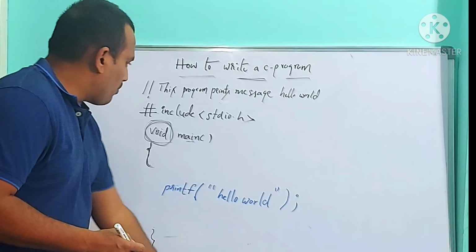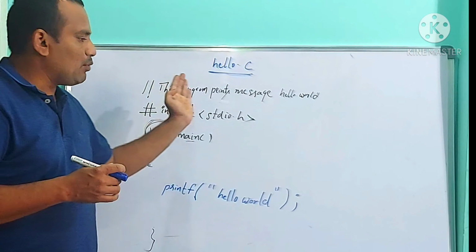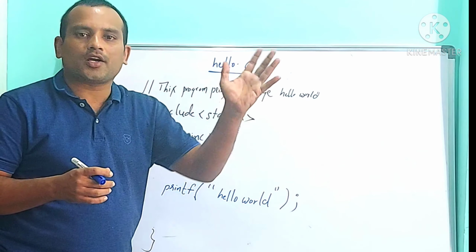We are writing this program on the computer, but this program cannot be understood by the computer, because the computer understands only machine level language program which contains only zeros and ones. Means what I am telling you, a human can write a program by using a user understandable language, that is called English. That is called high level language program. This high level language program cannot be understood by the machine or computer.